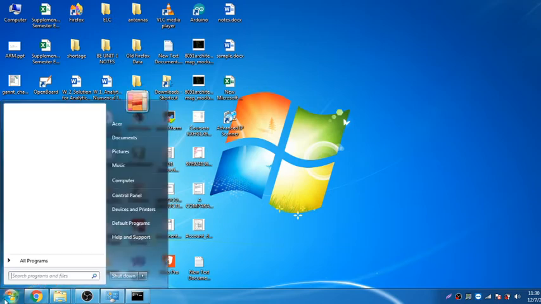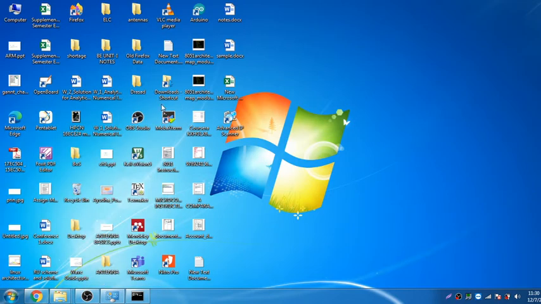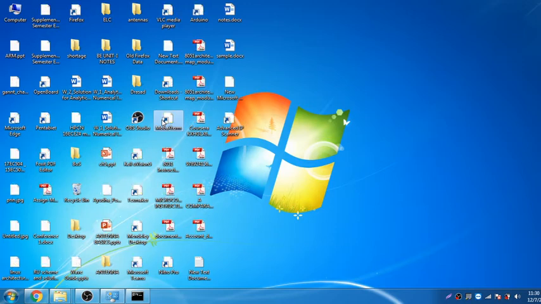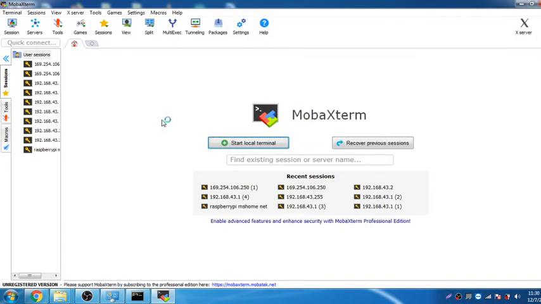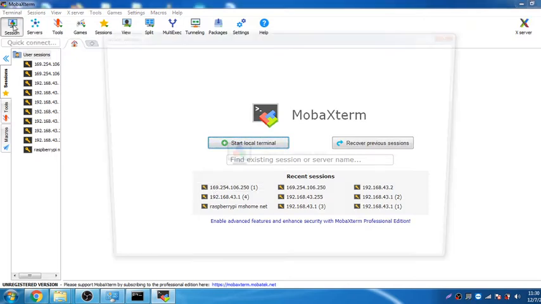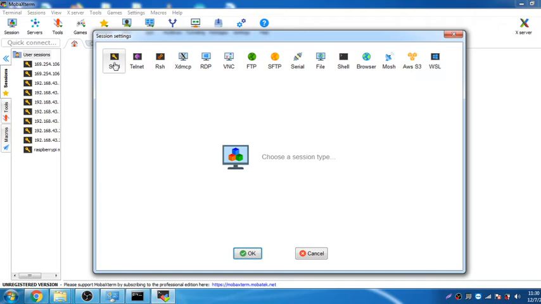I'm going to launch this MobaXterm. This is the MobaXterm application, which is a client for the Windows operating system in the network. I'm going to start a session. In the session, you click on SSH, the secure shell session. Now I'm going to connect using the